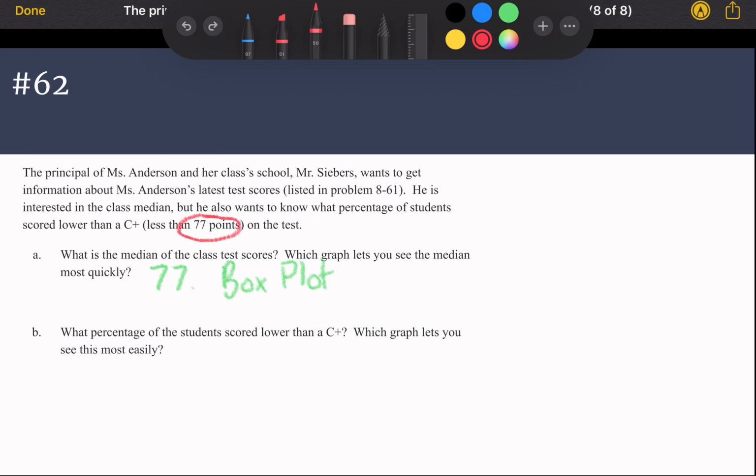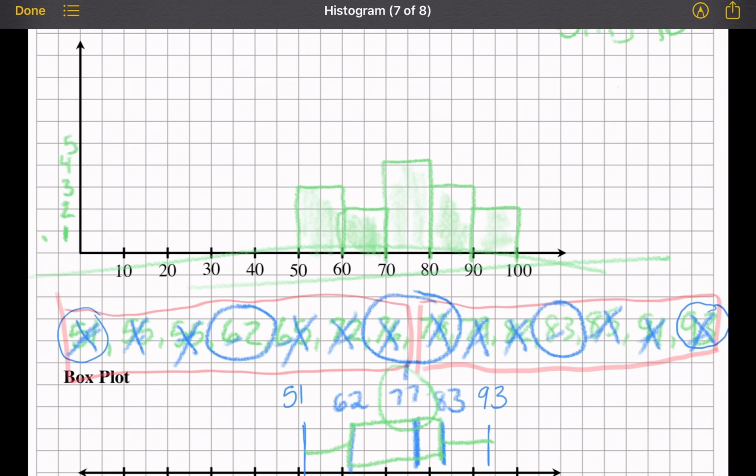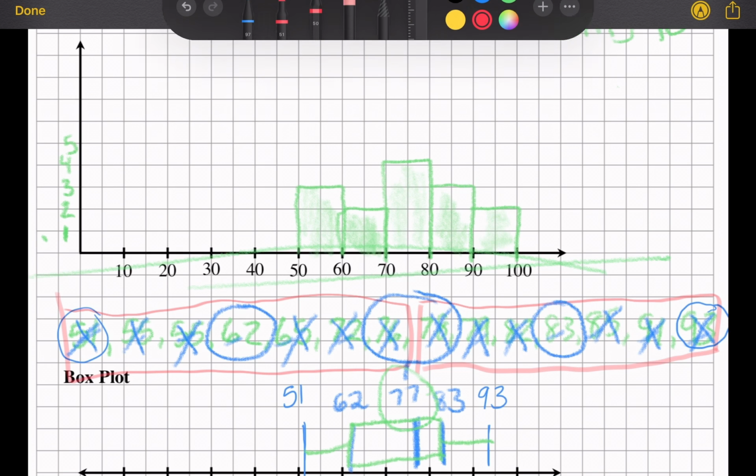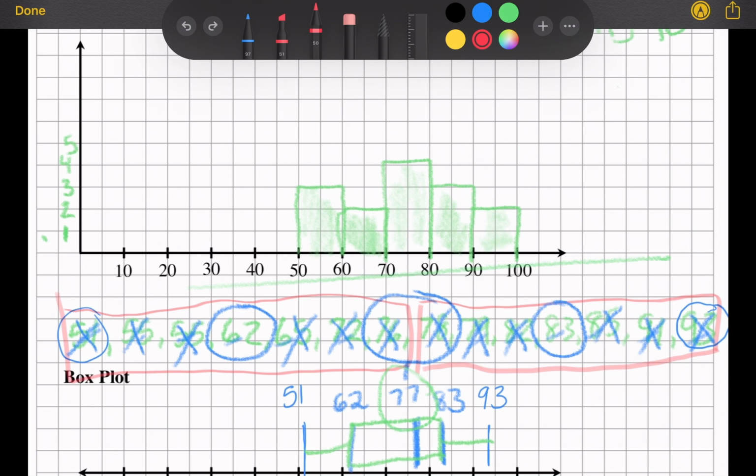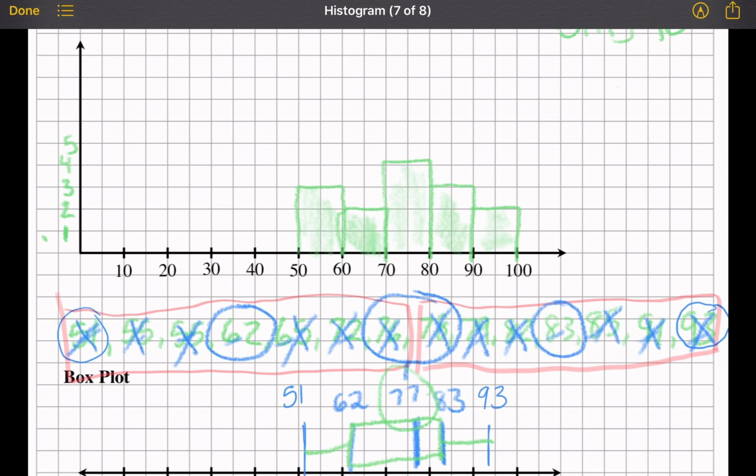Okay, so could I figure that out with the box plot? In theory, I could, because I know that we're trying to figure out how many people are less than